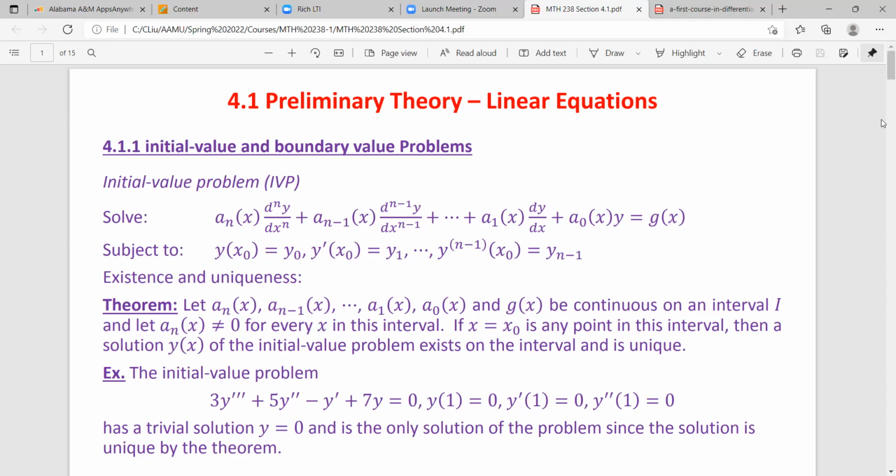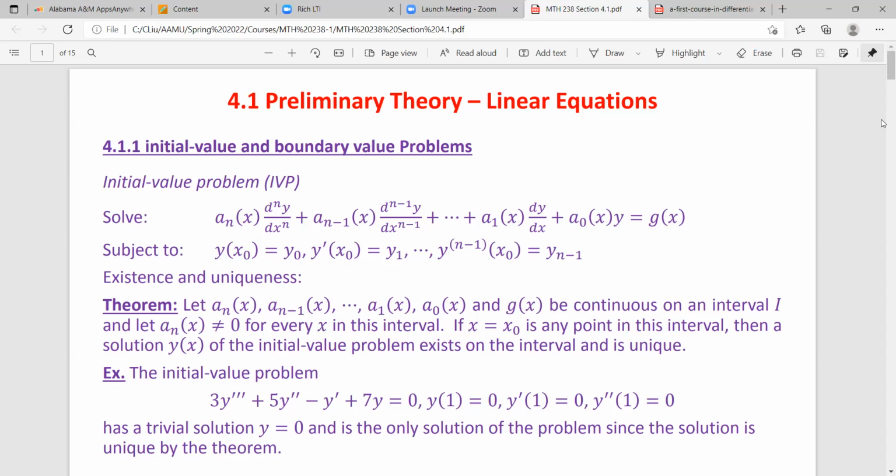All the coefficients are actually constants. 3, 5, -1, 7, they're all constants. Obviously, they are continuous. Constant functions are always continuous. And the leading coefficient is 3, so it's never 0. So that tells us